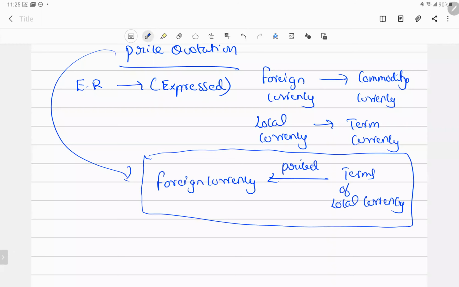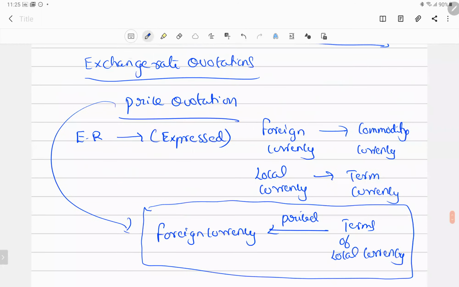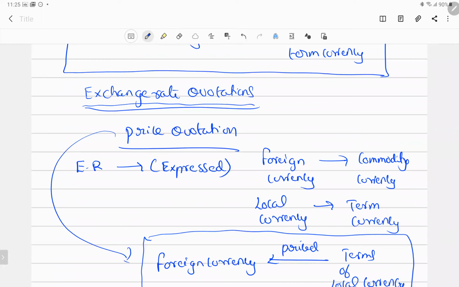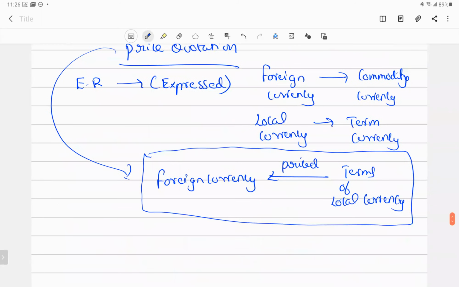So there is a lot of confusion in the exchange rate quotations. You would have referred to the books, where they give various rates and all. So ensure whether the quotation given in the market convention is a price quotation or a volume quotation. You have to interpret as per the need and convert it, right? So this is very, very basic actually.